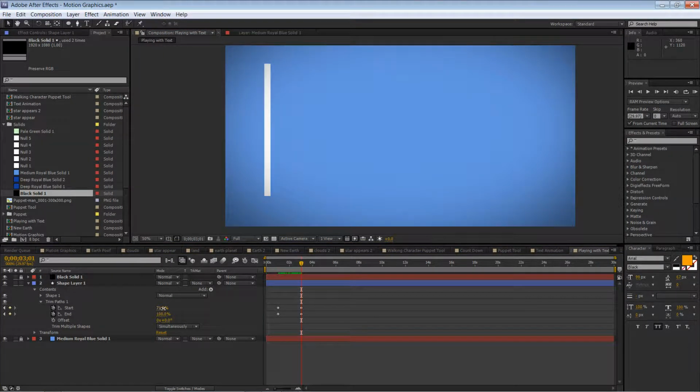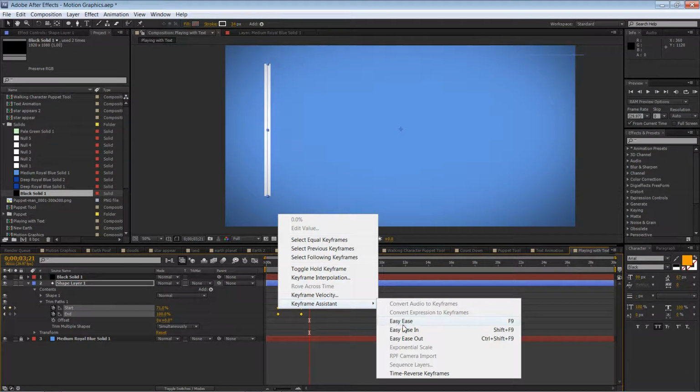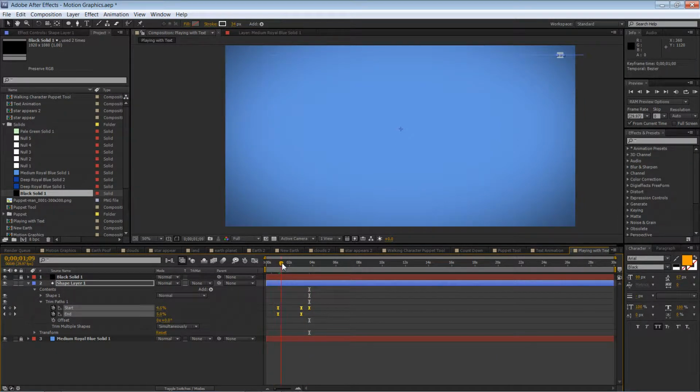I'm gonna have this part, the start, come down first, and then kind of bounce back up, right? So let's smooth that out with some easy ease. You can just right click and choose keyframe assistant, easy ease. The shortcut is F9, and that's going to smooth out the animation a bit. So when you play it back now, it looks like this,